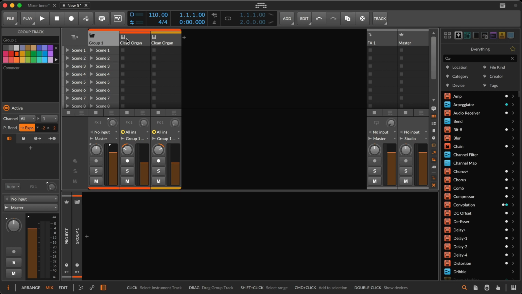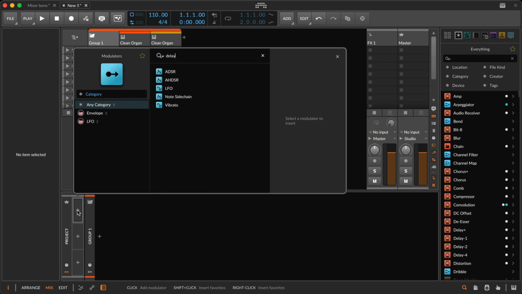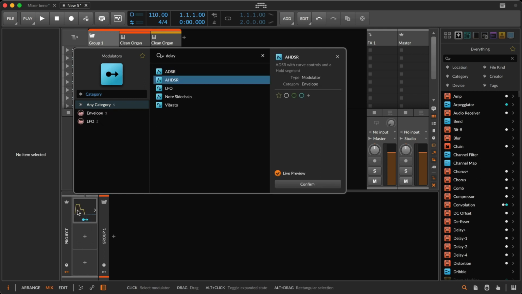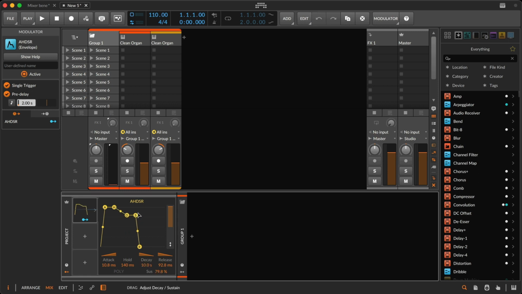Cool. Now let's think like a synthesizer. I'd like to group these because I want them controlled by the same volume. And okay, let's just go straight to the project level. I think I'd like something that can delay after a moment. So I have an envelope, which I found by typing in delay. Yes, let's have a pre-delay. Let's say wait about 2 seconds before we go. Have a single trigger. Have a nice little fade in here and a shape.